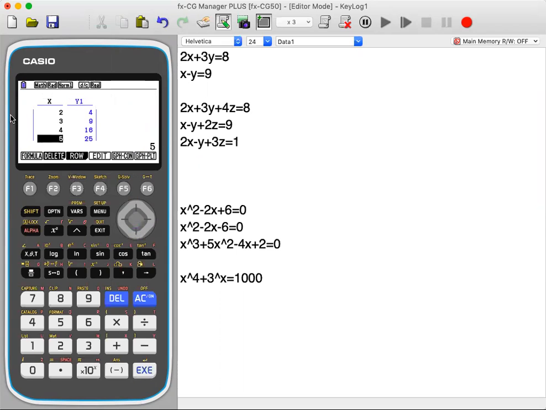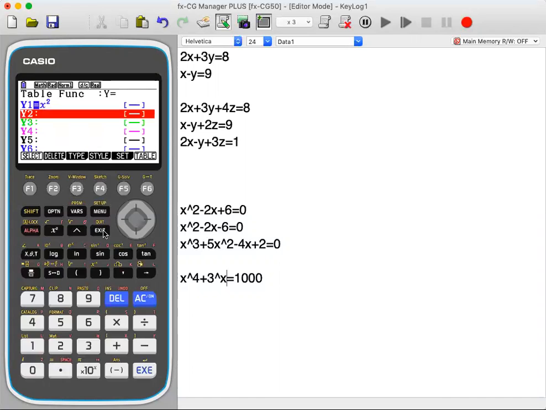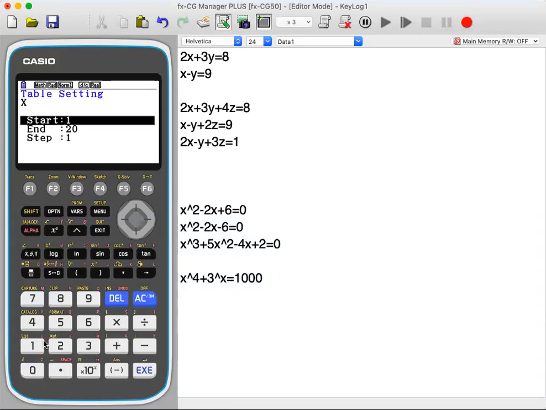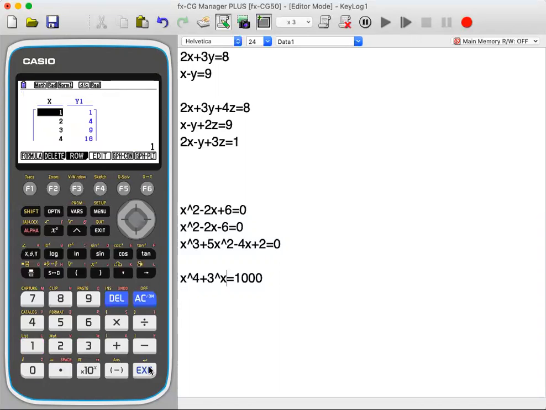So it's like first term of the sequence, second term of the sequence, third term of the sequence. If you know the nth term formula, you can just create this. And it is also really interesting that you can do the setting, which is just by pressing set. You can start at whatever point you want, let's say at 1, and end at whichever point you want to go, let's say 30. So if you want to start at 1 and end at 30, it is going to give you the table till 30. So it gives you the 30th term of the sequence.